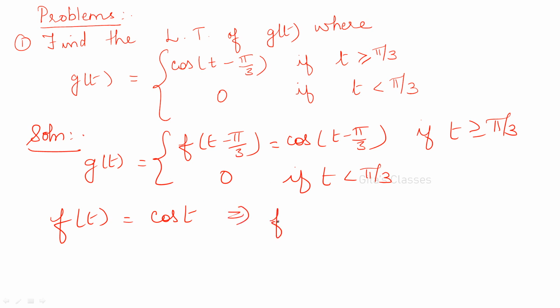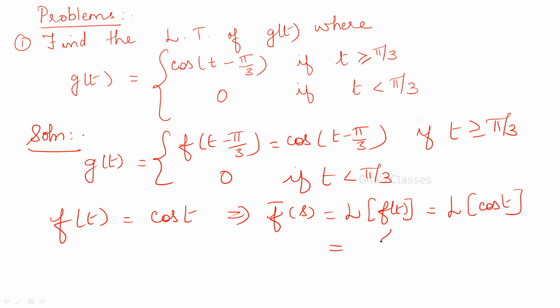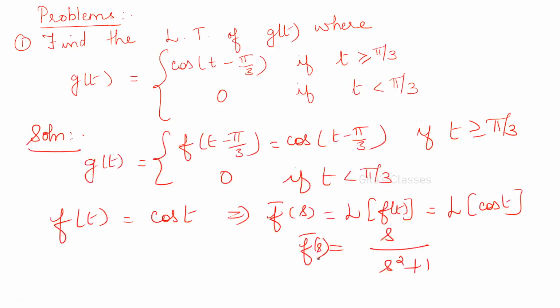This implies L of f of t, or f bar of s, is equal to L of f of t, which is equal to L of cos t, which is s by s squared plus 1. So f bar of s is equal to s by s squared plus 1. So we want to find out the Laplace transform of g of t, right? So L of g of t is equal to